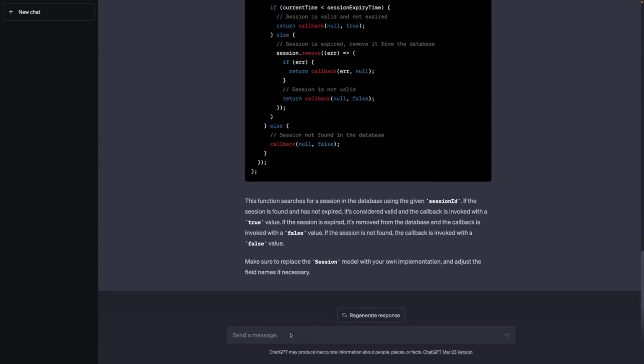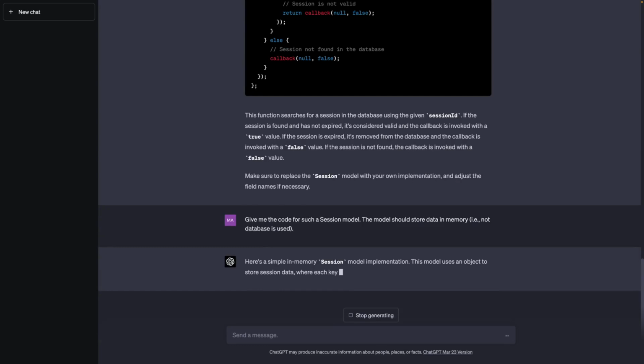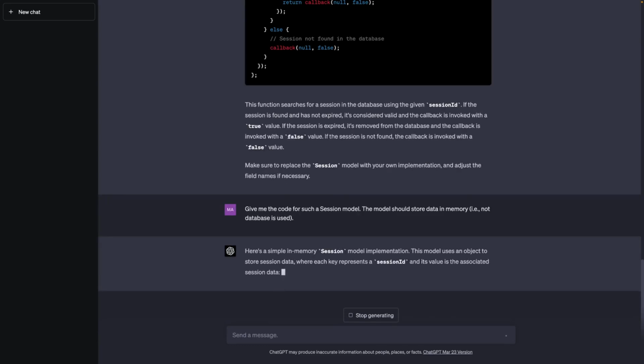But here, for example, I want to simulate the case that I don't have such a model, and I therefore want to have ChatGPT generate such a model for me, such a model class. Again, something I can request because I do have this programming experience, this general knowledge of the topic. Hence, I'm sending this follow-up prompt with some specific details about that model that should be created by ChatGPT,